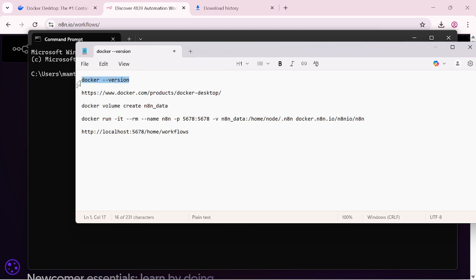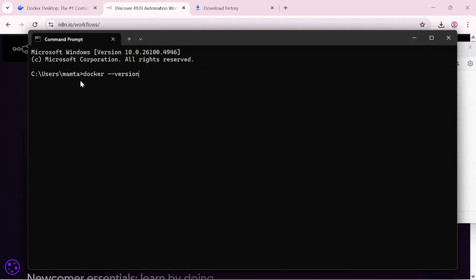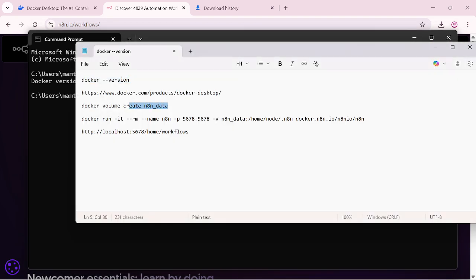First, we'll check the Docker version. So it's up, 28.3.2. Now we run this command: